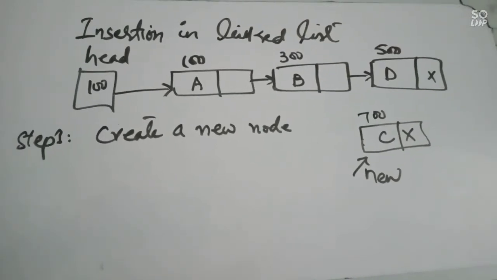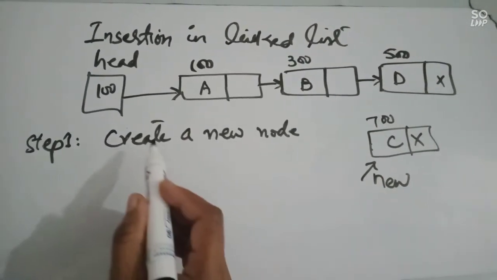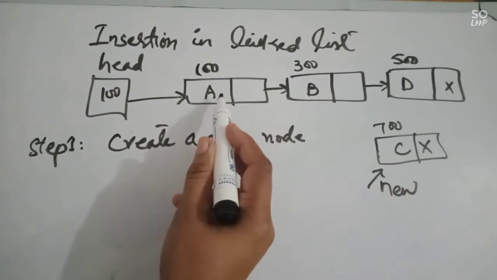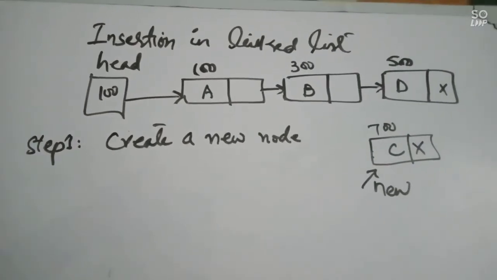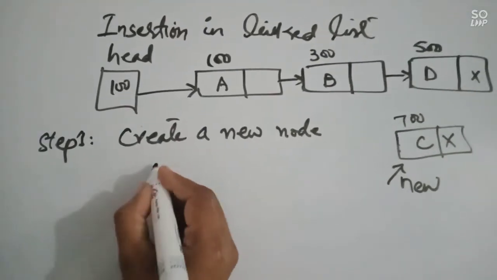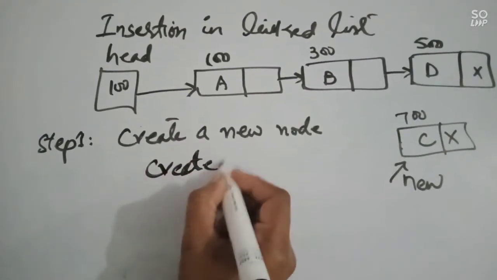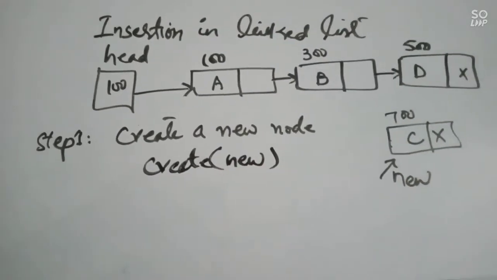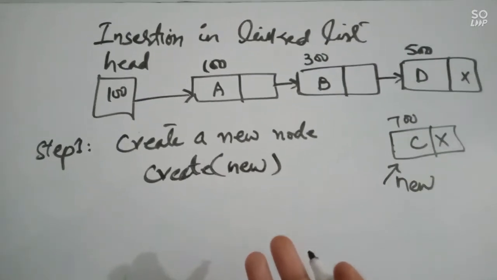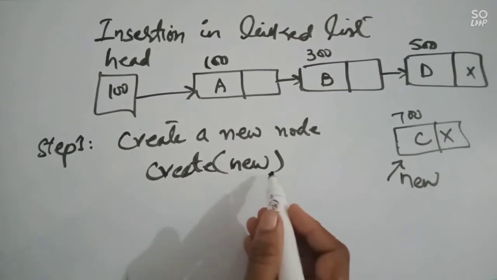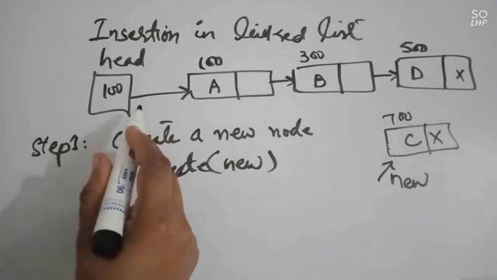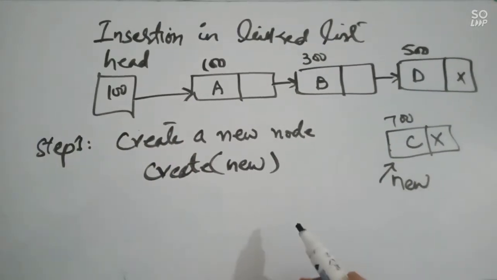So what we will do, we will make a connection of this node with this, and of this node with this one. So it is simply that the create function will give you a new node. It is just a supposition that some function created some node. Now, how to make a connection between this and this?